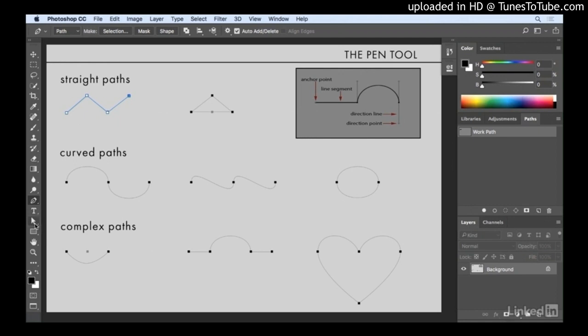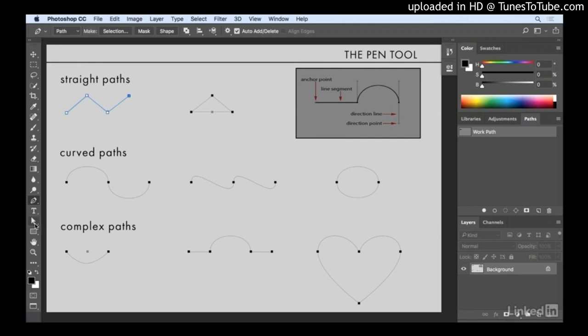So on my Layers panel, you've probably noticed we're not actually creating any shapes. We're just creating these paths. But we can turn a path into a shape very easily by just selecting the path on the Paths panel and then choosing the option from the options bar. So I can click on Shape, and now we see in the Layers panel that I have a shape layer. I'm going to undo that using the Edit menu, Undo, Make Shape from Path, and I could also make a selection. So that's going to convert my path into the marching ants or into a selection. I have all these different options.